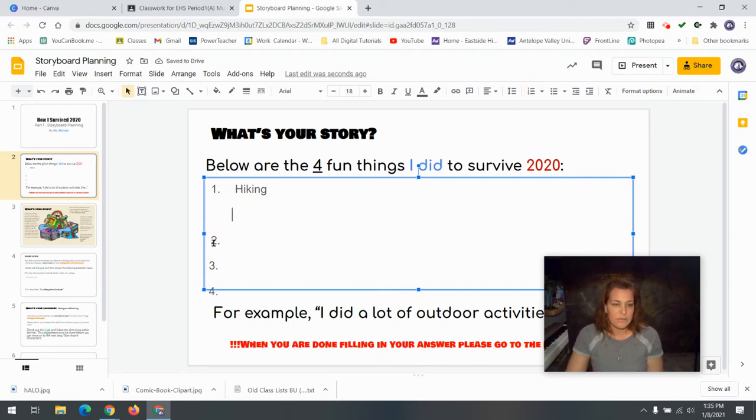Let me try to keep it as organized as possible. Another thing I did to help me through is spend some time with my family. Again, it can be different from you.